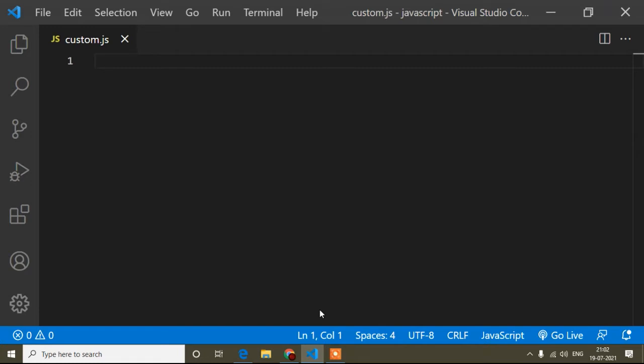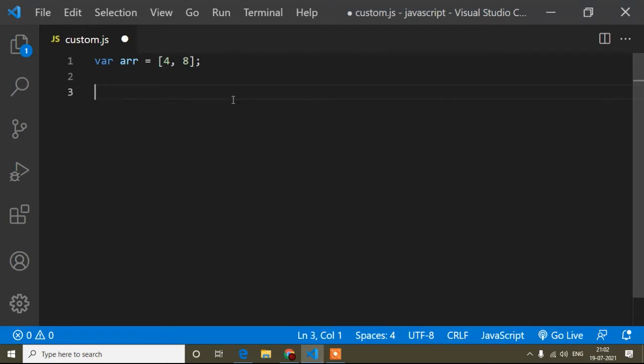But before showing the difference, here I will create an array. ARR, this is the variable name, so you can write any name for this variable. I'm assuming you know how to create an array. Inside this array I will put two elements, 4 and 8. You can put more than two elements, like 10, 20, any kind of elements, but to make it easy, first of all I will put two elements.